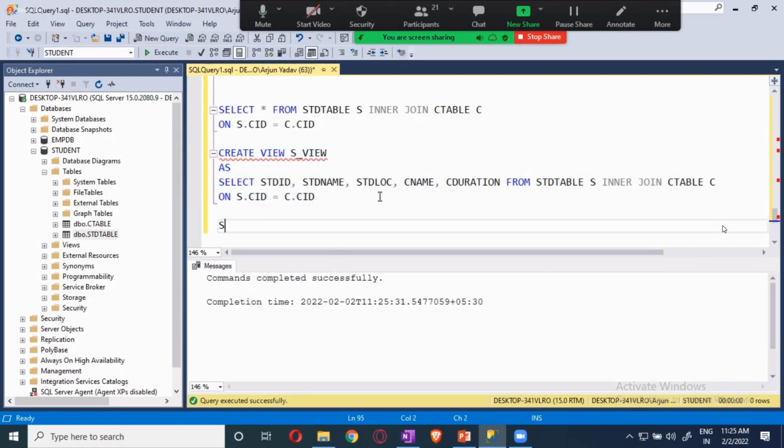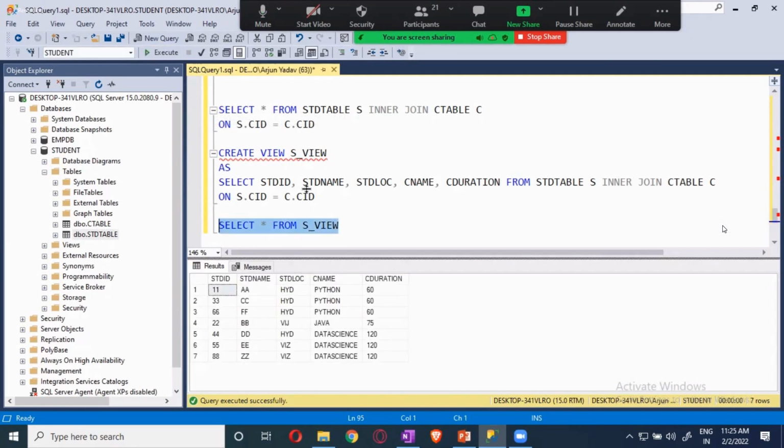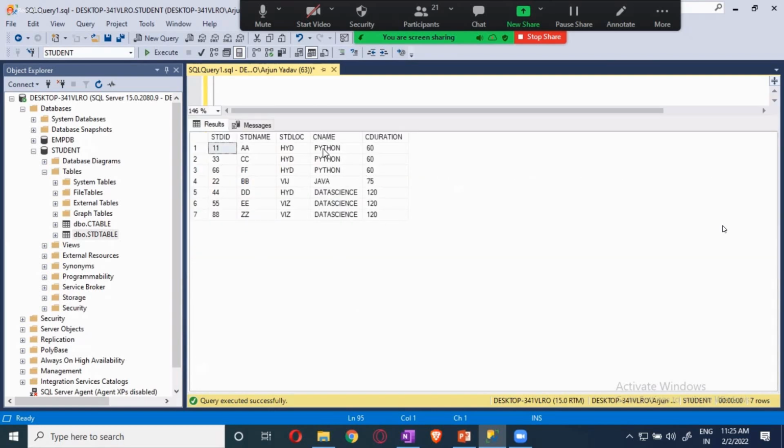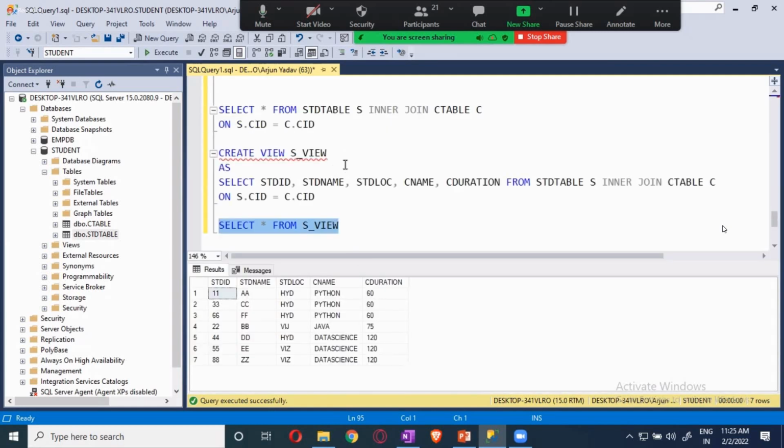Now select star from s underscore view. Once you do this, you are going to get this output. Clear, guys? Now no need to use the join statement each and every time. Now this is quite a complicated one, right? Every time using it. Now this is a very simple join, guys. Again, I'm saying it. You can use nested joins and multi-level joins also. It will be going on and on and on, and you will create a function of that using the stored procedure, and you can call it whenever you want that join. There is so much flexibility.